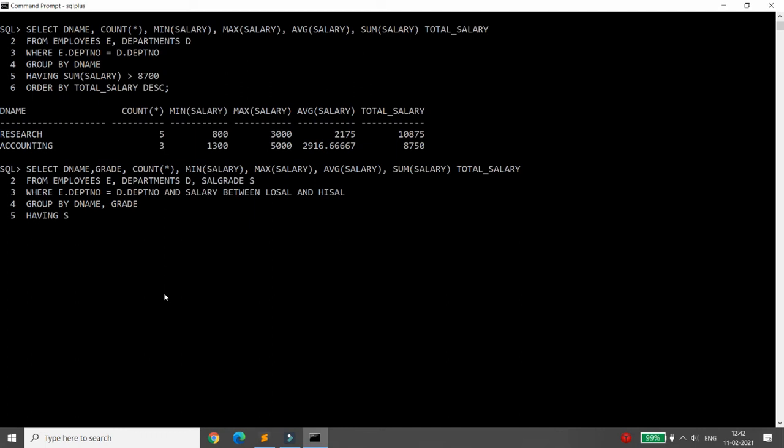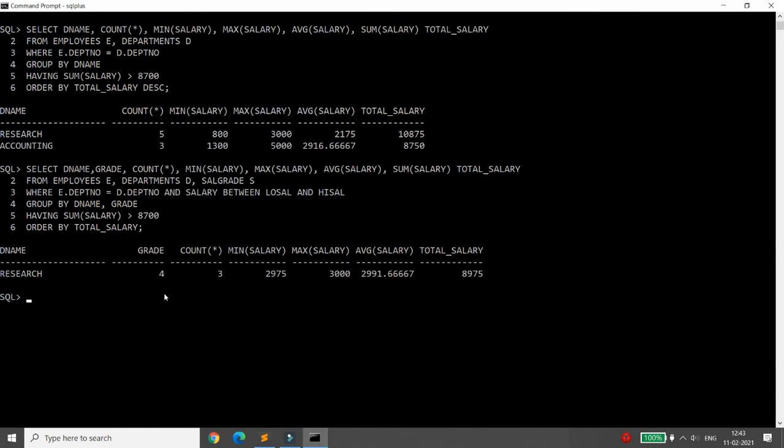And here you can simply filter the departments where the sum of salary is greater than, for example, 8,700, and ORDER BY total salary. So what happens? I have only one record, that is Research, having the 4th grade salary, and there are 3 employees working in it. Minimum salary is 2,975, maximum is 3,000, average is 2,991,